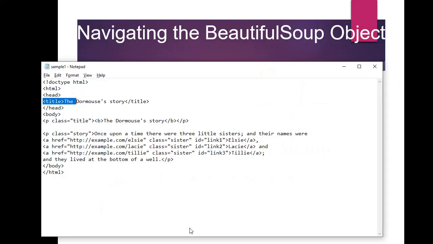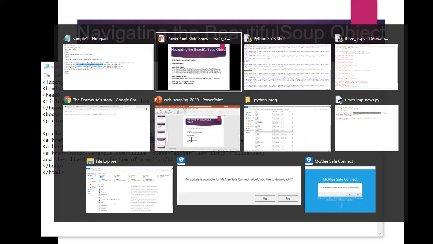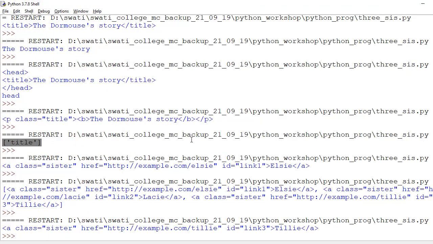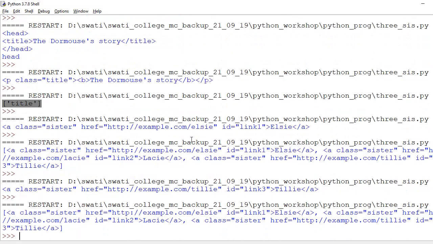Now let's see the HTML. See here, this is my anchor tag, and it has the class name sister. It's a CSS class, so I can loop, or I can find an element using the CSS class as well. Okay, let's run it. So here we have found it using the CSS class.